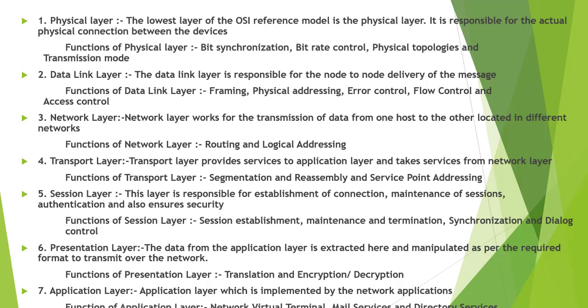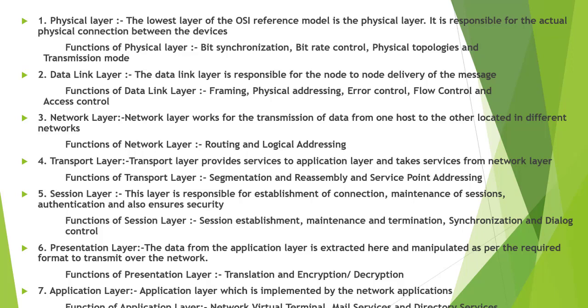The layer allows two processes to establish, use, and terminate a connection. The second function is synchronization. This layer allows the process to add checkpoints, which are considered synchronization points, into the data. These synchronization points help to identify errors so that the data is synchronized properly, the end of the message is not cut off prematurely, and data loss is avoided.